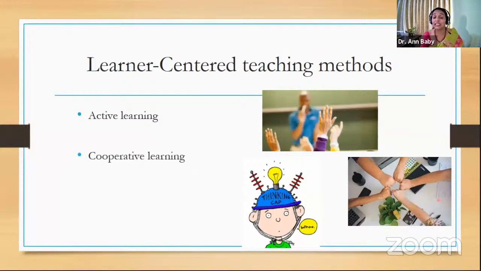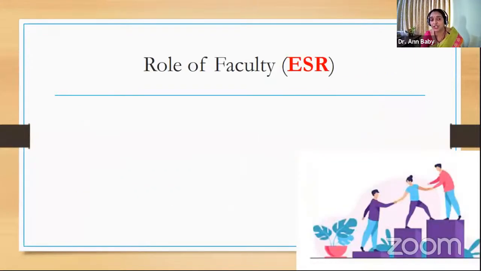They focus upon active learning. Let the students be active in the class. Let them ask you questions, open-ended questions. You should be able to answer it. Give them opportunity for cooperative learning. Let them join in groups and let them learn. Their assignments, let them do it together. Let them cooperate on their homeworks. Inductive teaching, let them learn from the environment. Let them learn from the problems around it. Let them learn from the life around. So these are the focus points of learner-centered teaching methods: active learning, cooperative learning, and inductive teaching and learning.